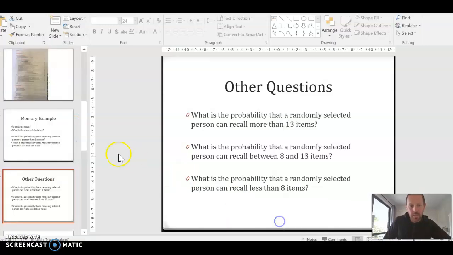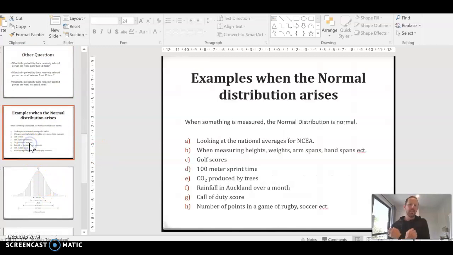PowerPoint back here, that was the memory example, those were the questions. Here's some examples of when the normal distribution arises. Anything that you measure or you get a score from has a normal distribution. In fact, you think about it, most people sort of average, and then there's some people that are better than average, and there's people that are worse than average, so that's why everything sort of falls in a bell shape. And I've just listed some examples: NCA, heights, weights, arm spans, etc., golf scores, 100 meter sprint times,